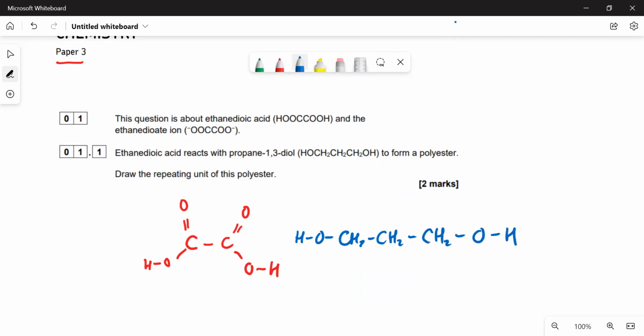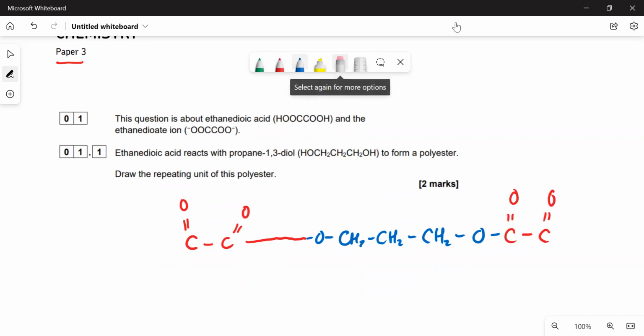Okay, so what's going to happen is we are going to lose that water molecule there. Get rid of that and form a new bond between the carbon and the oxygen. So I'll just tidy that up. So we formed a new bond there on the long side. Right, now that's going to happen at the other end as well. So if I get rid of that, you're also going to have the same thing there. So on. And at this end,